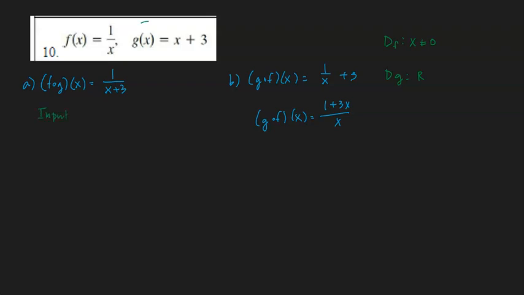The input function g of x is all real numbers, so any number could work for it. But for f of x, x cannot be 0. So if that produces a 0,